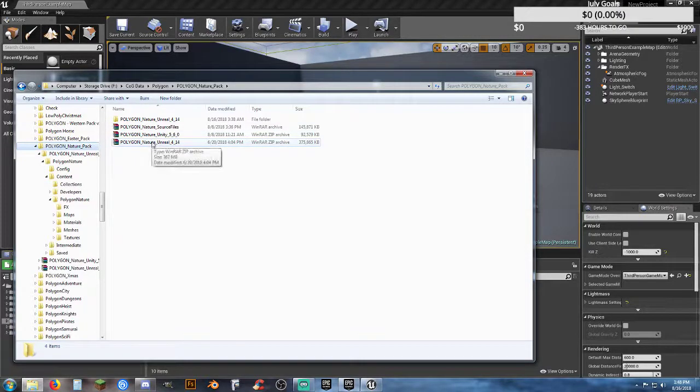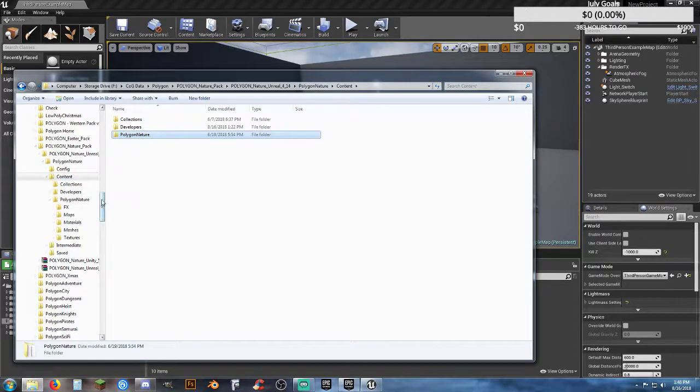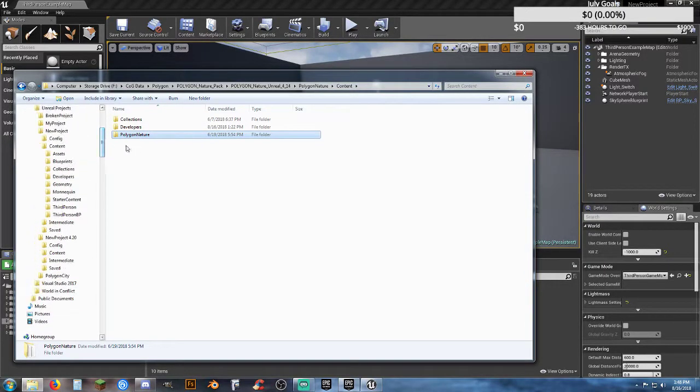You extract the one you need, in this case, the Unreal version, and then once you're inside that folder, you've got the Polygon Nature folder, and all I did was come down to the content folder inside everything here and copy the Polygon Nature. I just did a right click, drag, drop, and I dropped it into the content folder of my project. And that's allowed me to now